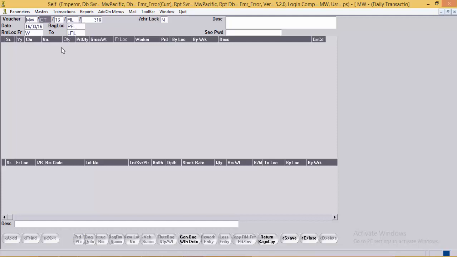Now in the filing location, usually loss happens. So in this case, from RM location will be W, that is from bag to the loss of filing. The bag number.